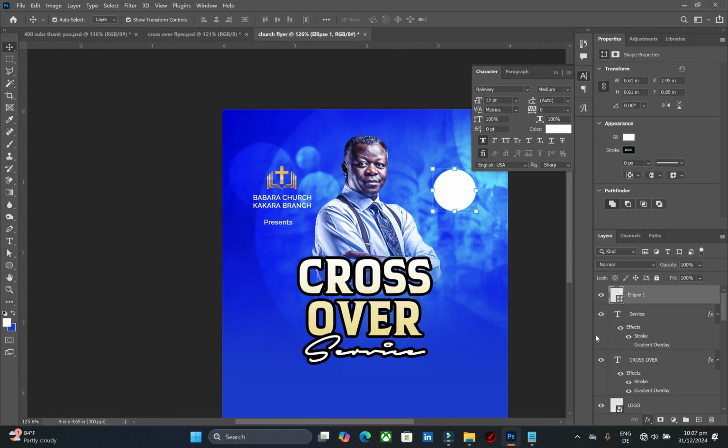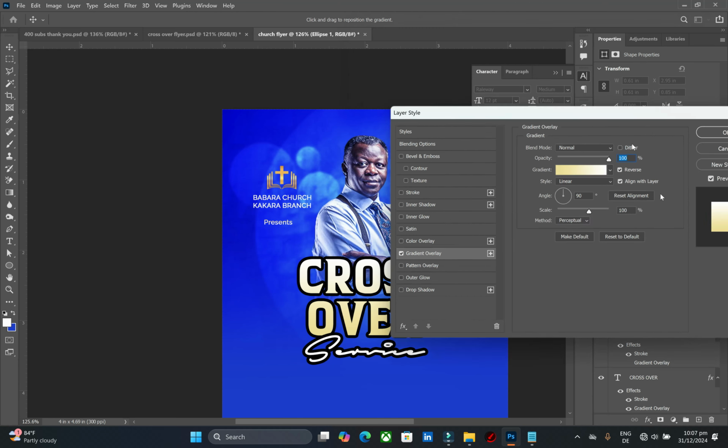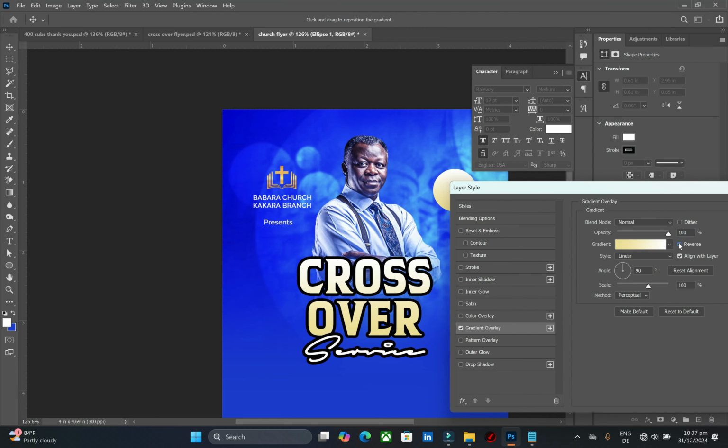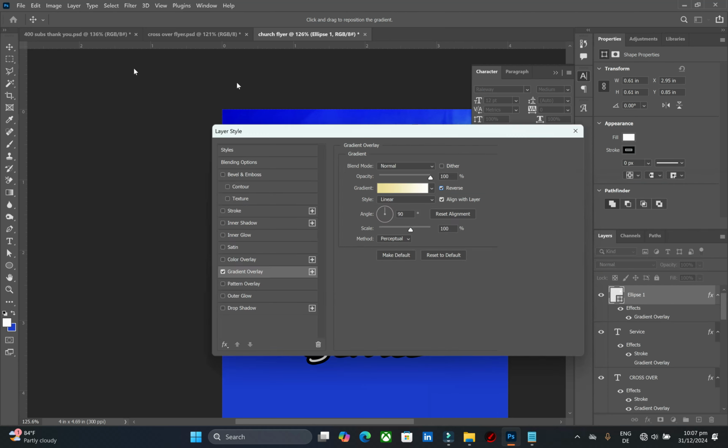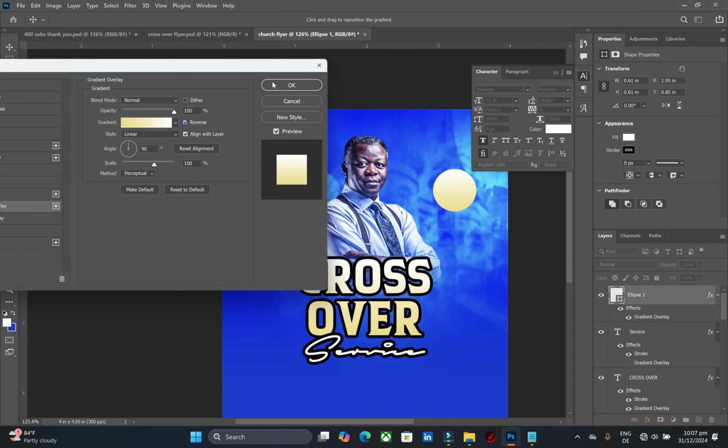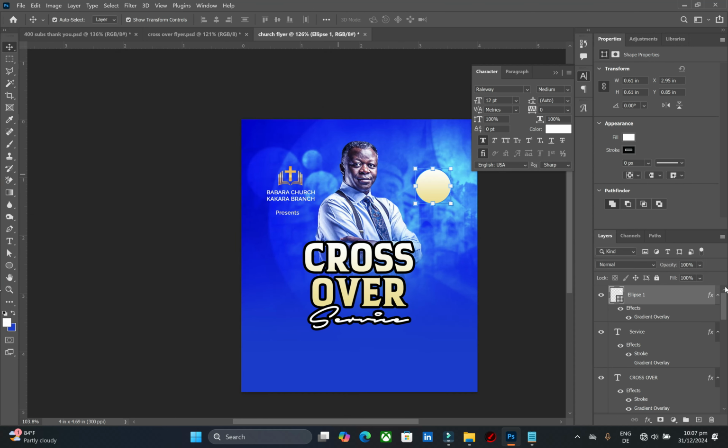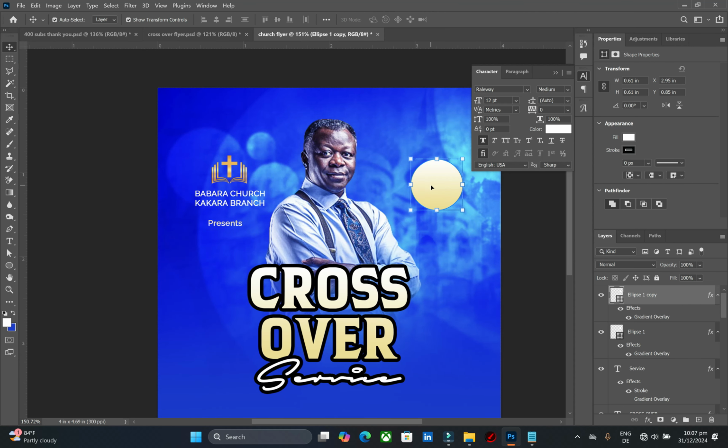And to do that, I will come here to the layer style, right, left click and choose gradient overlay. I'm going to choose the gradient I've been using always like this. Now select reverse, and then I will click on OK. Now that I'm done, I will again duplicate the circle by